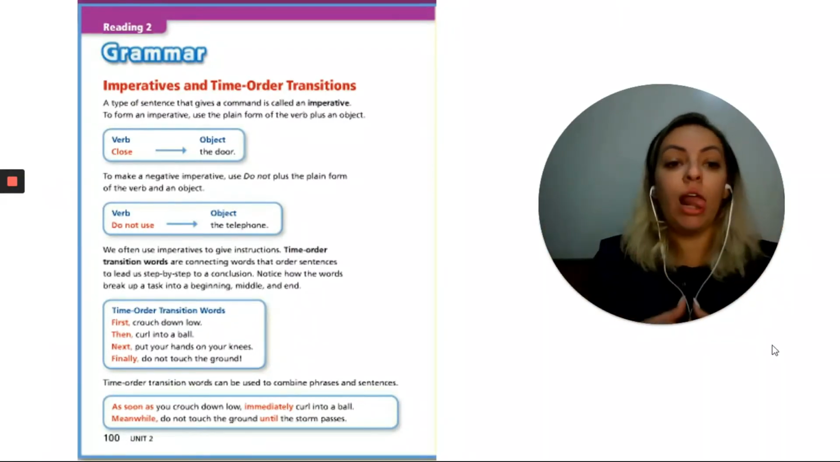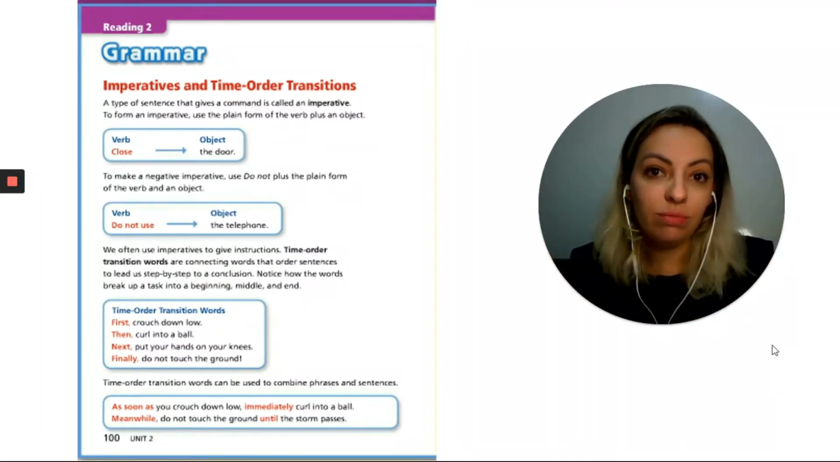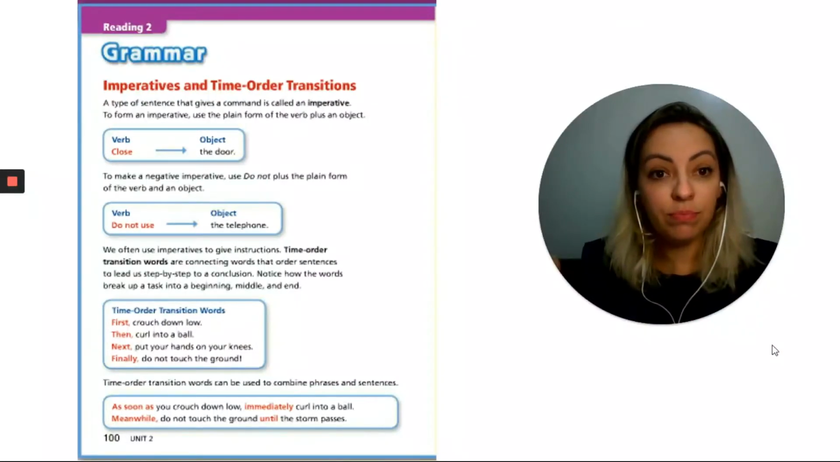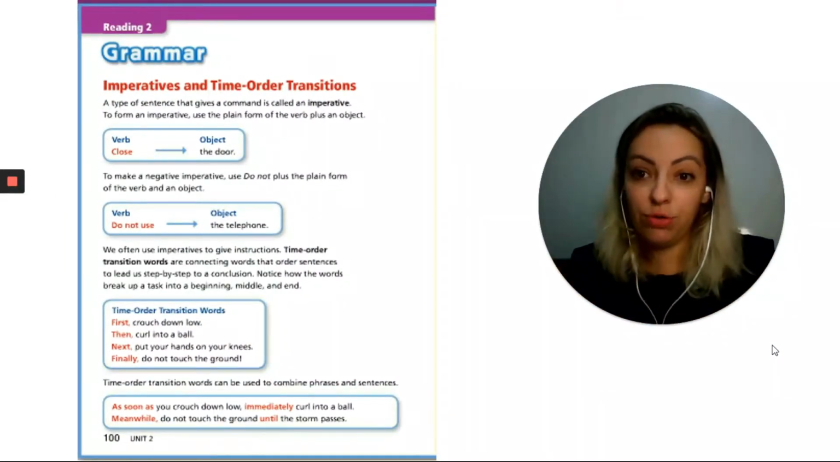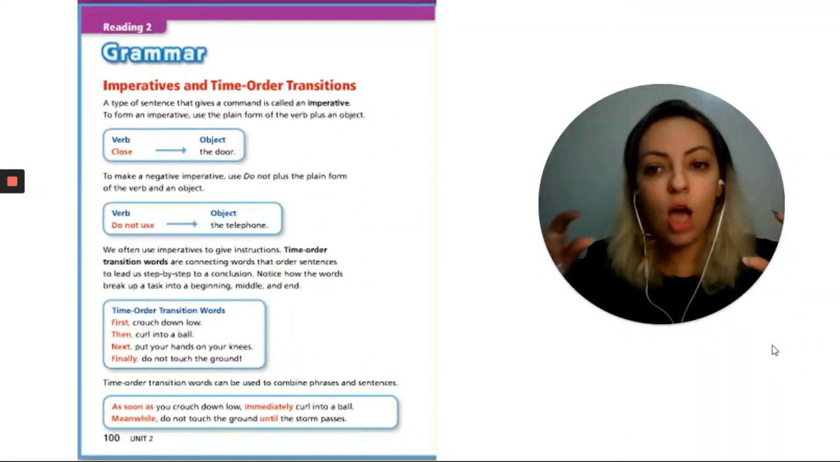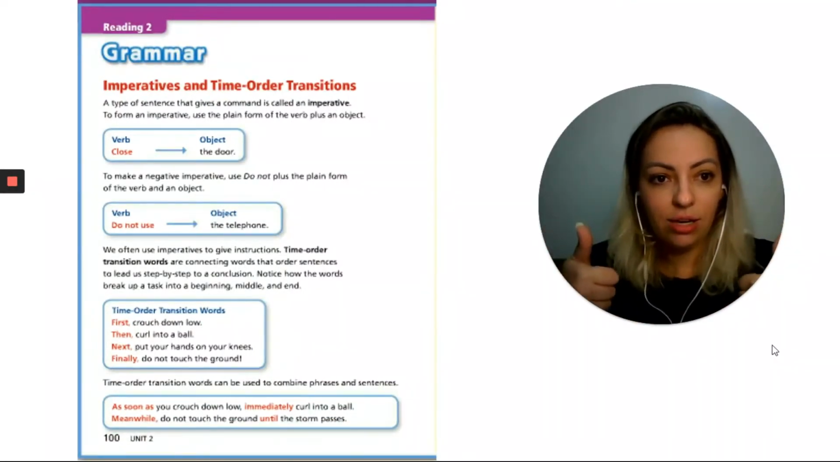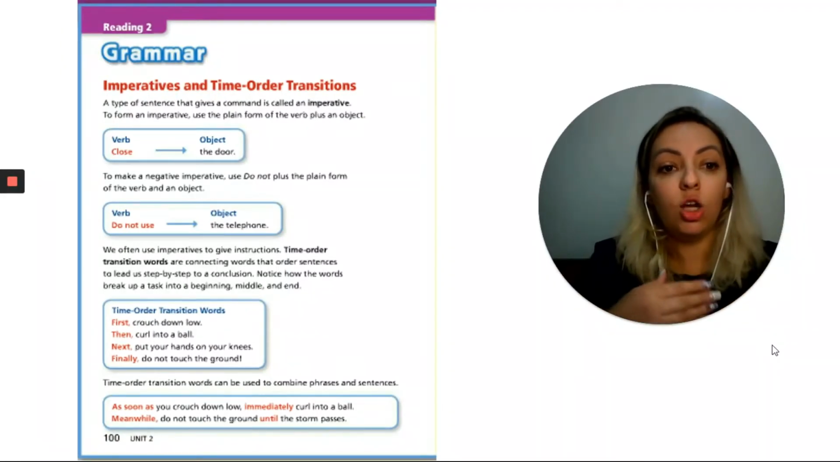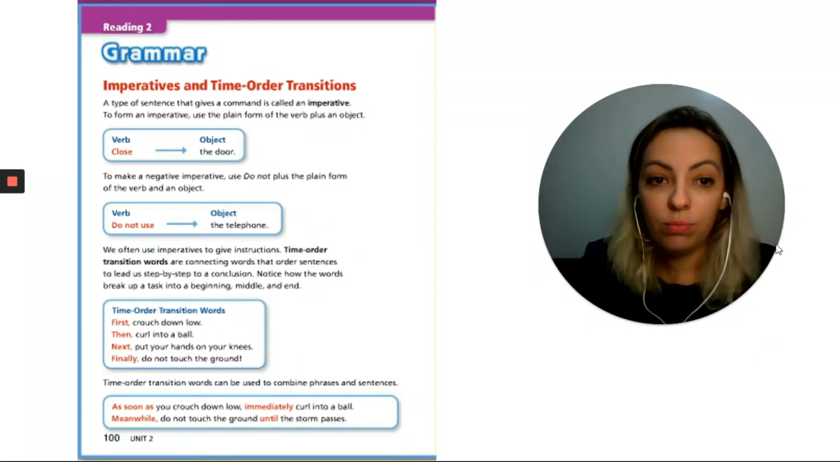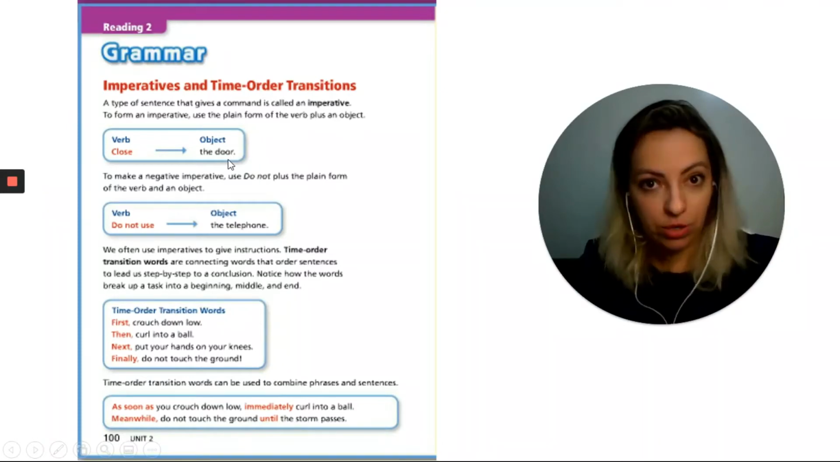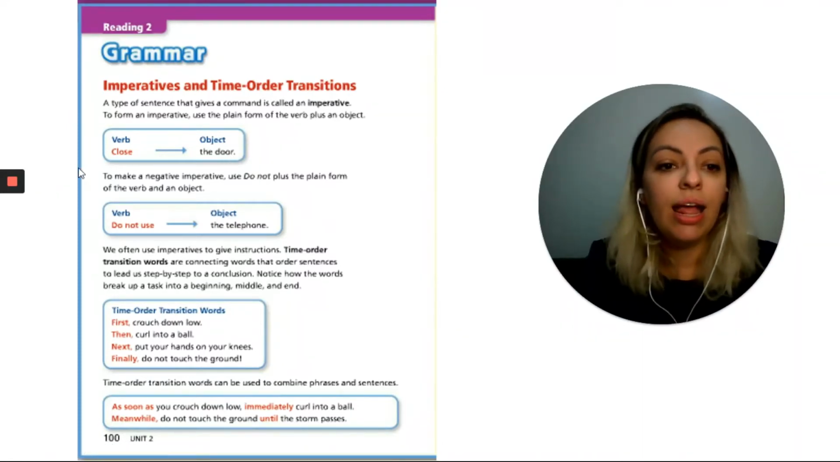For example, open your books. Open, it's the verb, plain form of the verb, and your books, it's the object. Understand? Good. Here the example is the verb close, the object, the door. So, close the door, it's an imperative. Understand? Now,